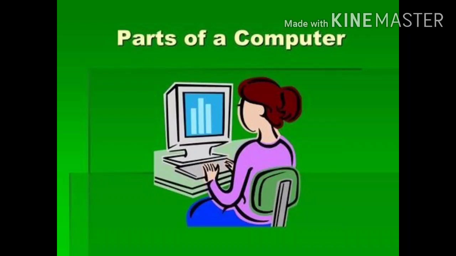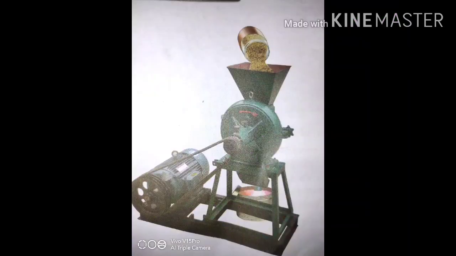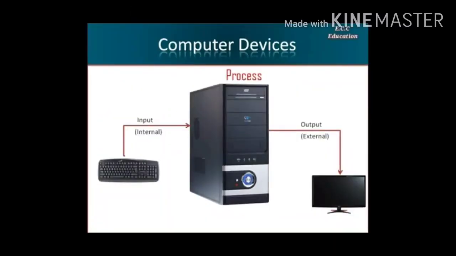In the example of a flour mill, we have seen that food grain is the input and we are putting it in a funnel. Hence the funnel is the input device. The grinder grinds it, which means it is the processing unit. And the opening from where the flour comes out is the output device. And the computer is also divided into many devices: input devices, output devices, storage devices, and processing devices.